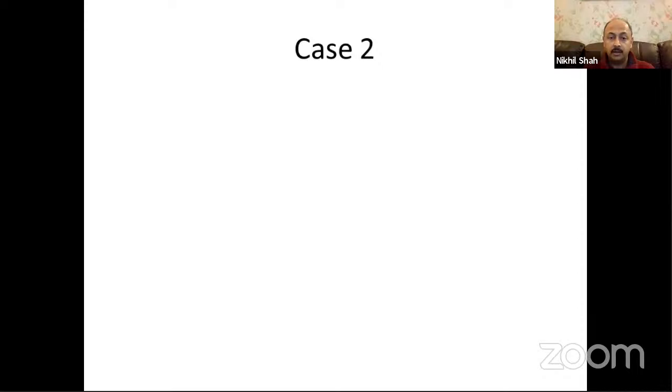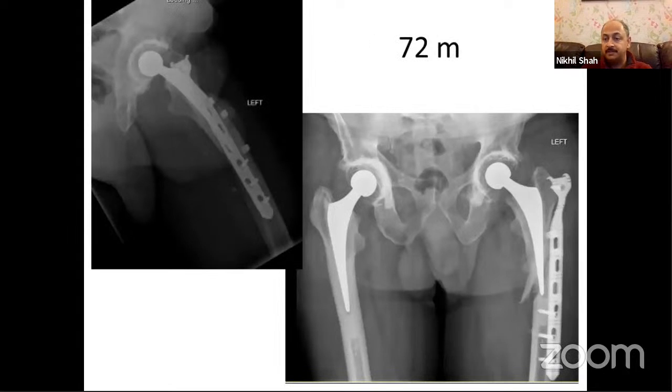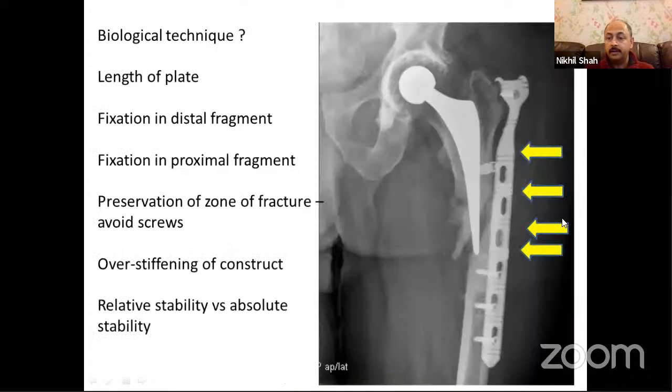So let's look at another case where perhaps the fixation is not quite what we wanted based on the philosophy that we just saw. So I inherited this patient. He came from abroad. He had had a cemented hip replacement done in the UK, fell on holiday, had a fracture, and it was fixed with this type of plate. Now we can see, if we go back to the principles, we can see that it hasn't really followed the principles that we outlined.